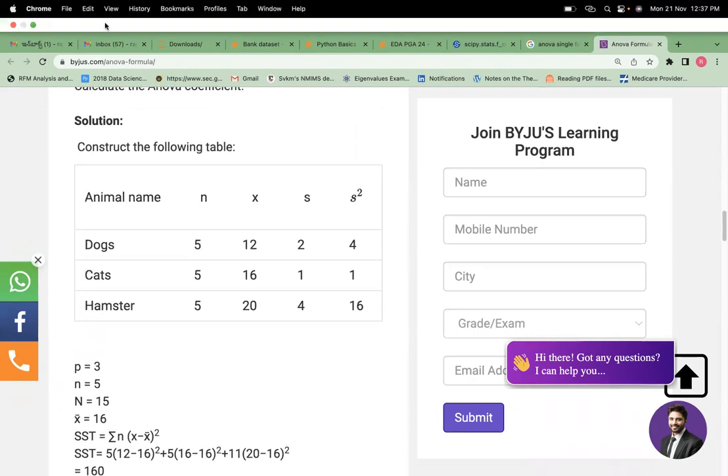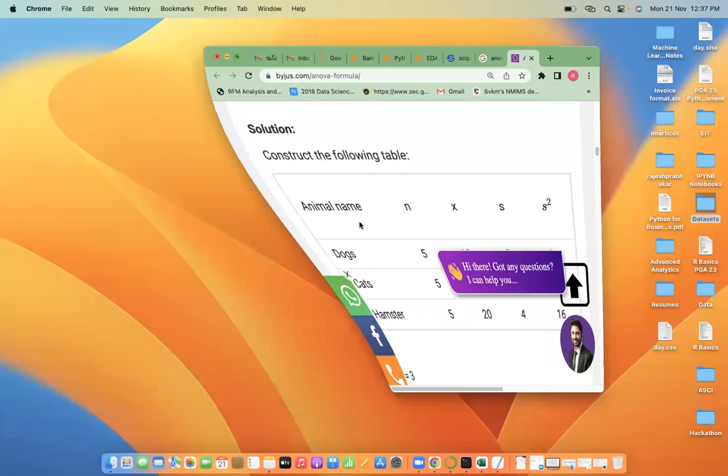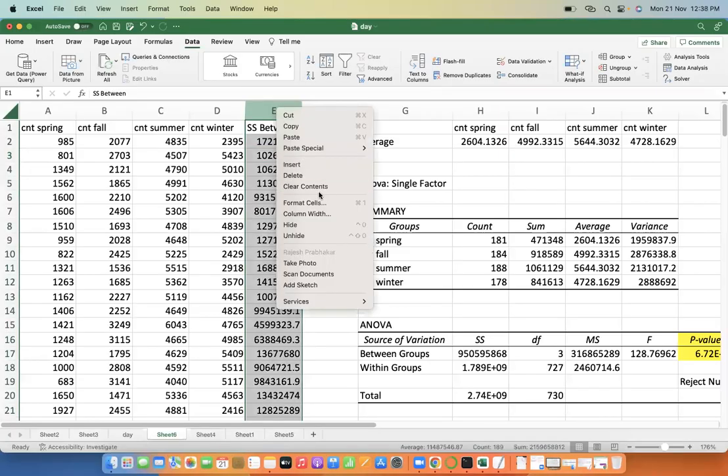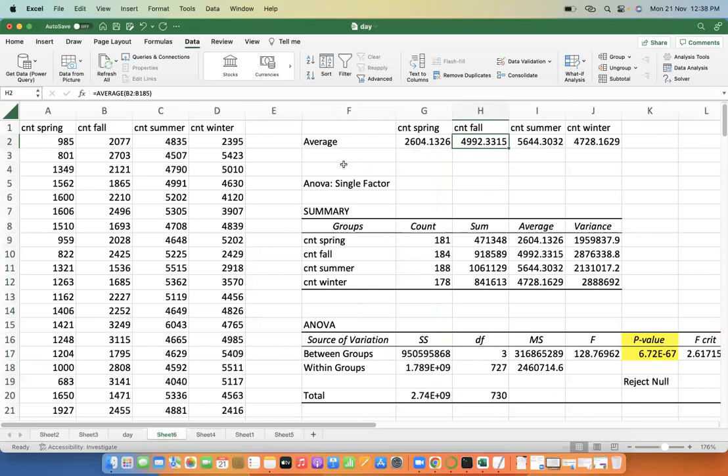Okay, got it. I'm doing the old way. Okay, count of observations in spring is 181. This is equal to 184. This is equal to 188. This is equal to 178. Right? So